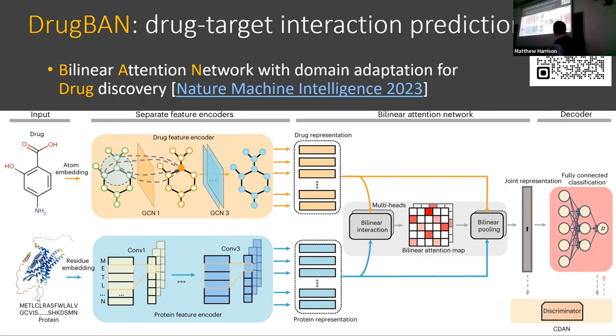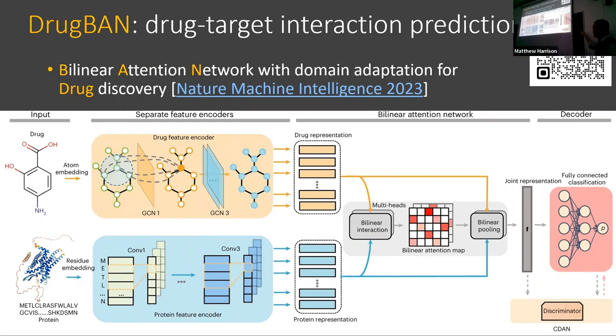right? So therefore, we learn multiple of these matrices, not just one. Using one matrix, you can capture one kind of relationship. And then we use multi-head, multiple matrices, so we can learn multiple kinds of relationships. And then after we learn this kind of relationship interaction, this is what we call bilinear interaction maps. Then we can do bilinear pooling, basically extracting features from those multi-head attention maps to have a joint representation which captures the interaction between drug and protein.